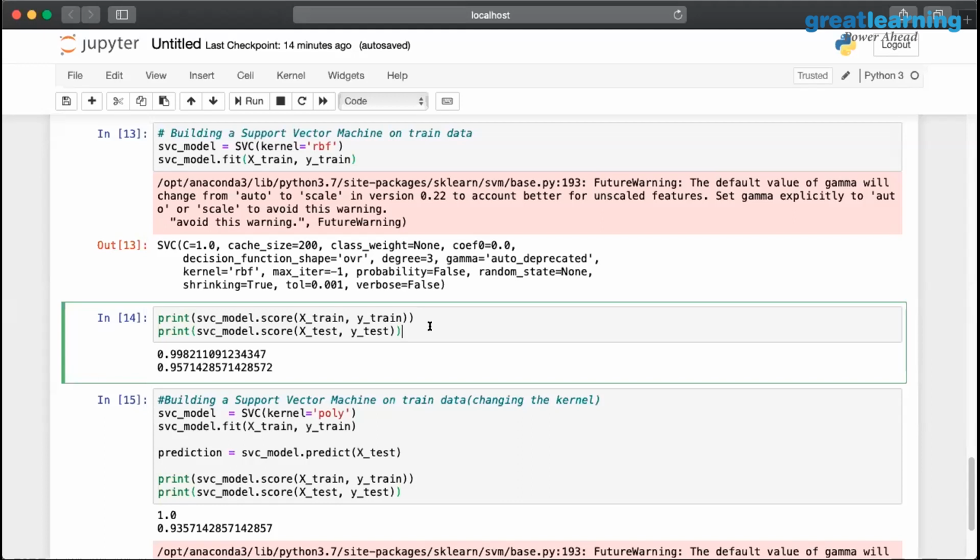Ansham, when we choose these accuracy comparisons, do we always choose a training and testing accuracy which are close by? Let's say training is 90 and testing is 85, and there is another polynomial kernel where training is 81 and testing is 80. You try to go with the latter one, right?